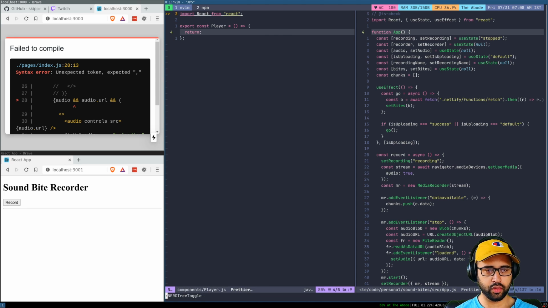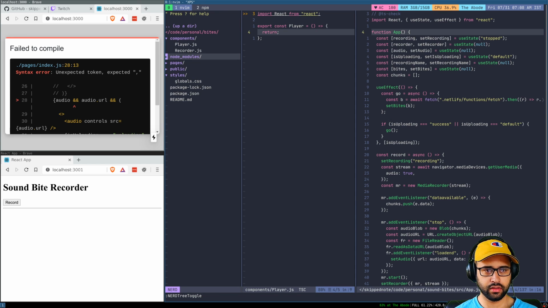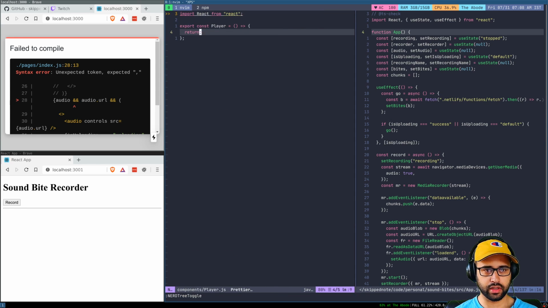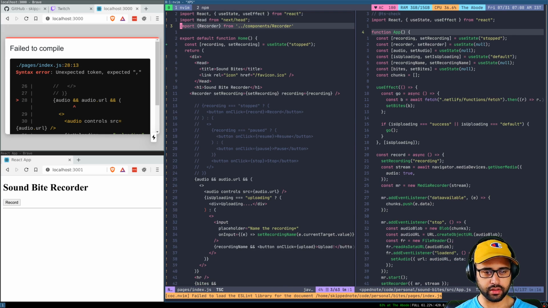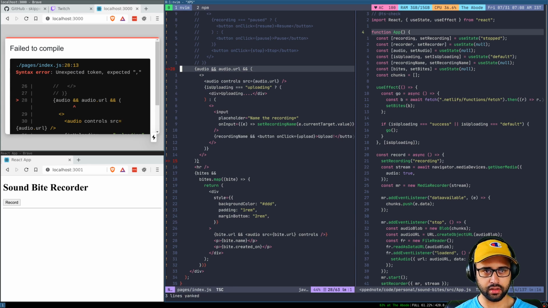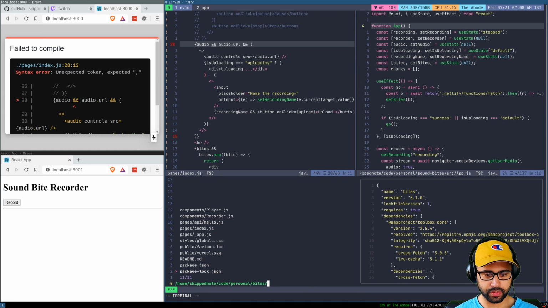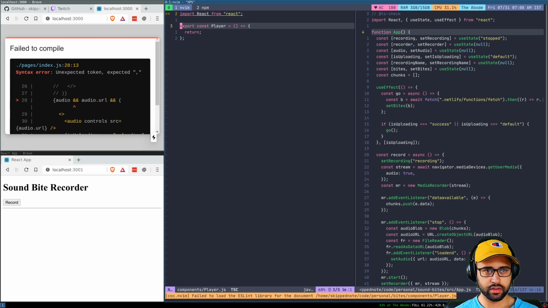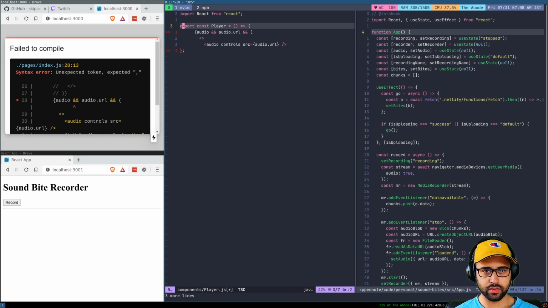So here we would pull in, let me not open that directly. So we want the index, we want this bit right here, and it will obviously take in audio as props. So going back to our player, let me paste it here. So this takes in audio as props, and all we are saying is